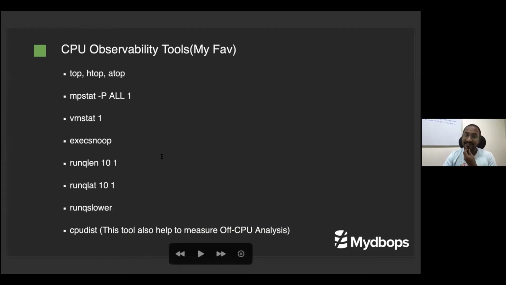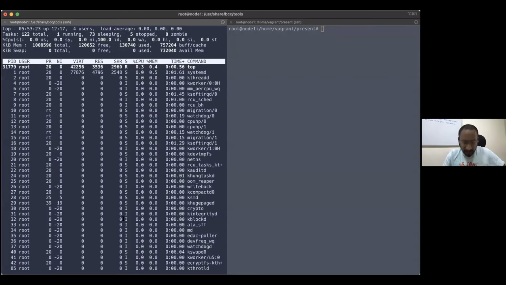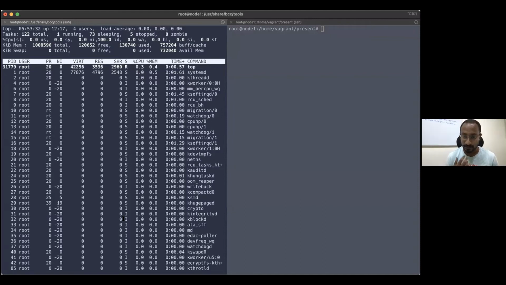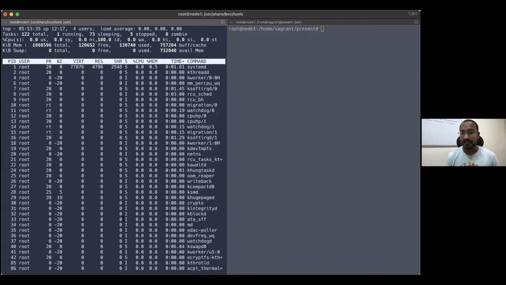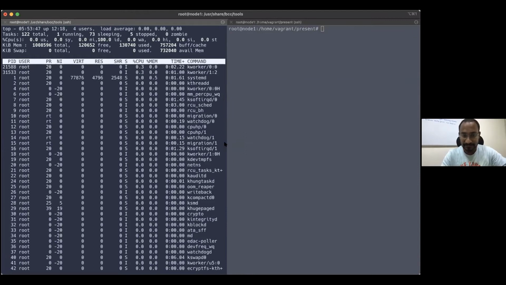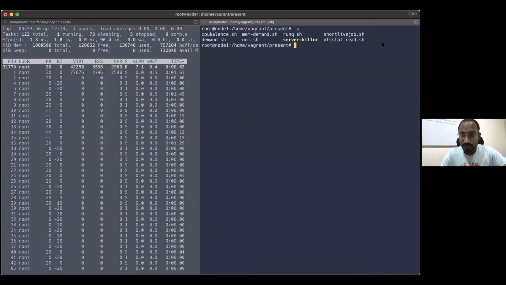So the next command is mpstat -P ALL 1. One important thing before that: let me simulate the load. I recommend, whatever I'm doing, don't try this in your production environment. Maybe you can simulate this kind of load testing on your laptop or a testing environment, because it will affect your server. Otherwise it is at your own risk. Okay, so I created a few tools to simulate this issue.